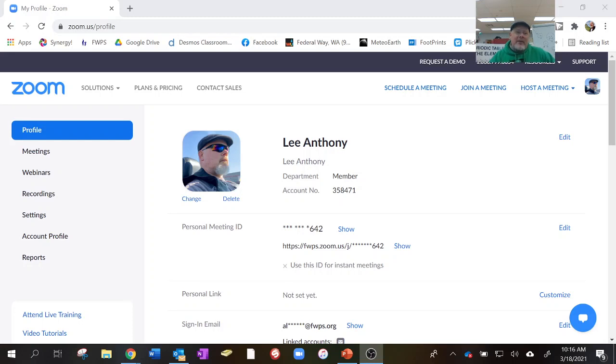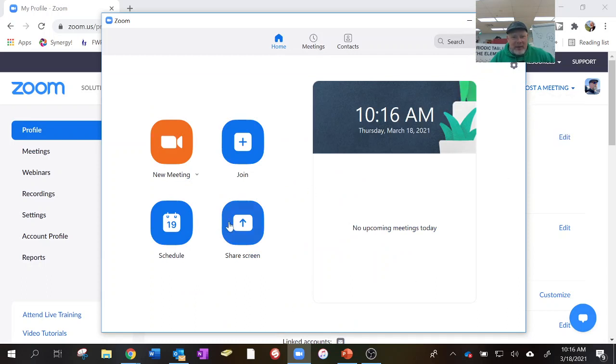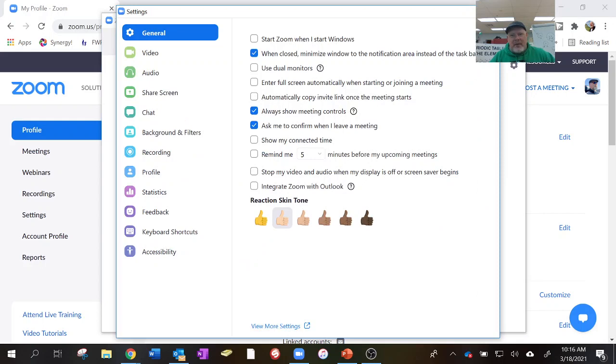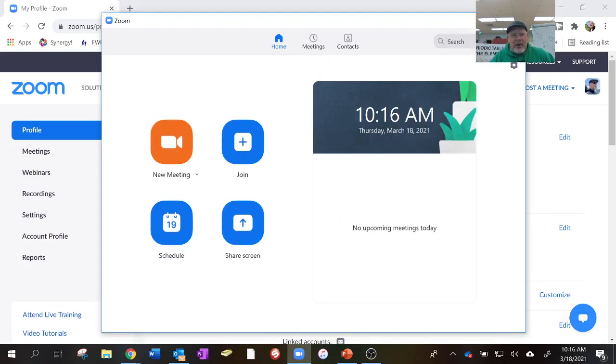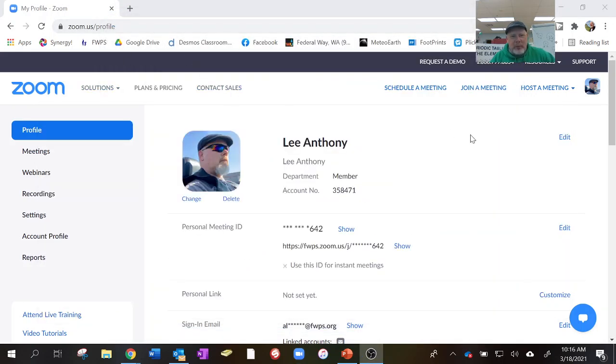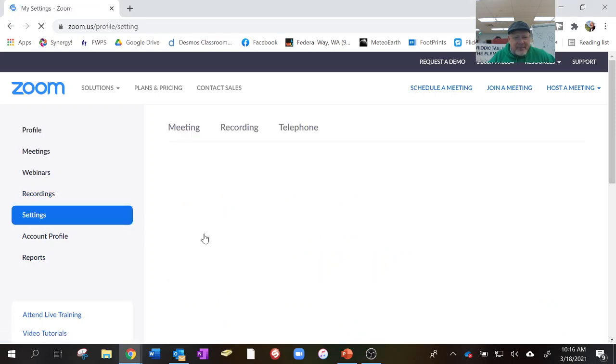The first thing is you have to get into the advanced settings, so you cannot get to it by clicking on Zoom and using what is called the client and going into the settings that way. Unfortunately, it does not let you do it that way. You actually have to log into your profile online. So you open up a web browser and type in zoom.us, log in. Once you get there, you want to go down to where it says settings,